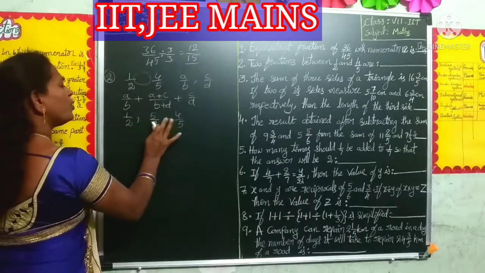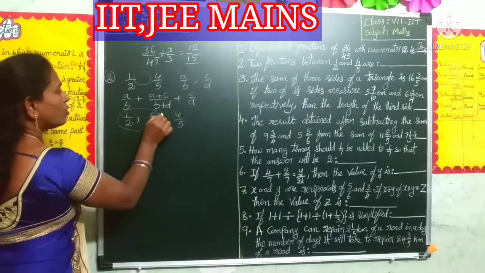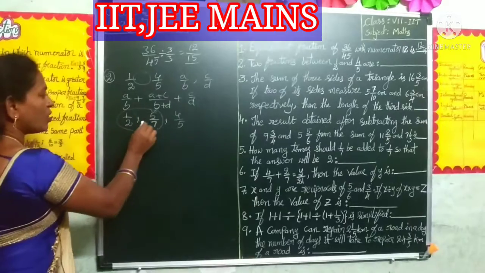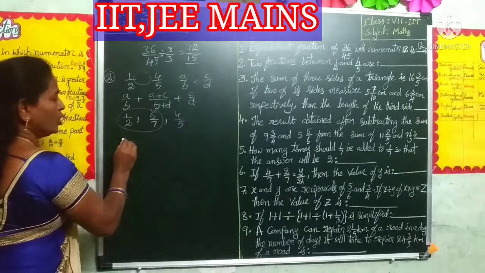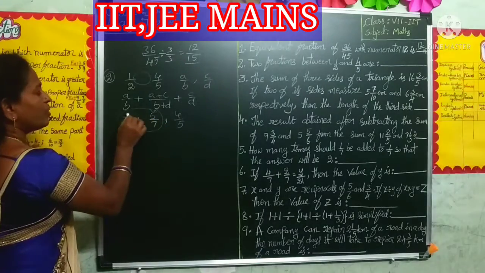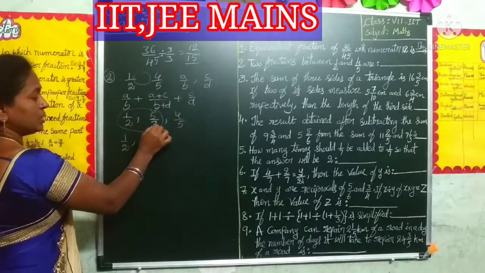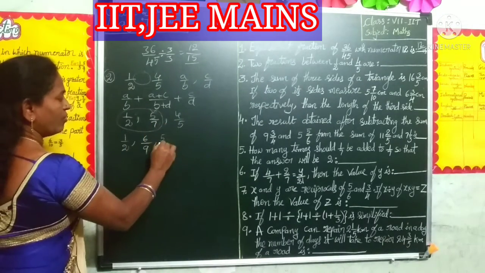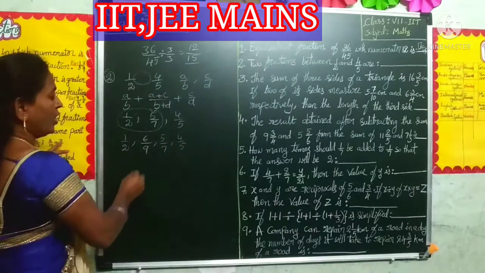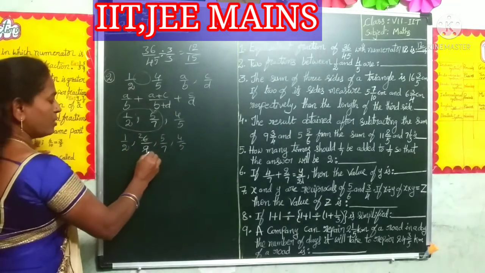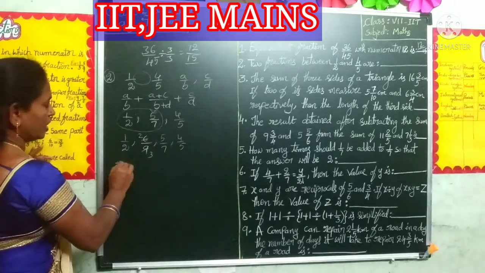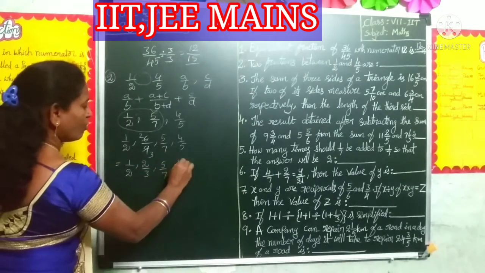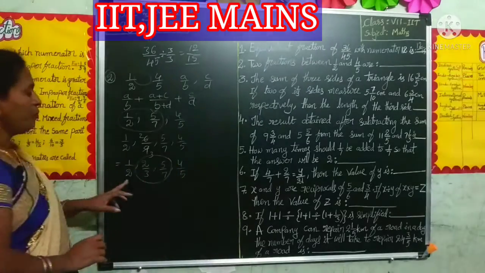Now here we need not keep commas. They are asking for two fractions, and we found one number. Now we have to find one more number between them. So between 1 by 2 and 5 by 7, a plus c by b plus d means 6 by 9. And what is the next fraction? 5 by 7 and 4 by 5. Here 3 is possible in 6 and 9: 2 times and 3 times, so that is 2 by 3. So the fractions between 1 by 2 and 4 by 5 are 2 by 3 and 5 by 7.